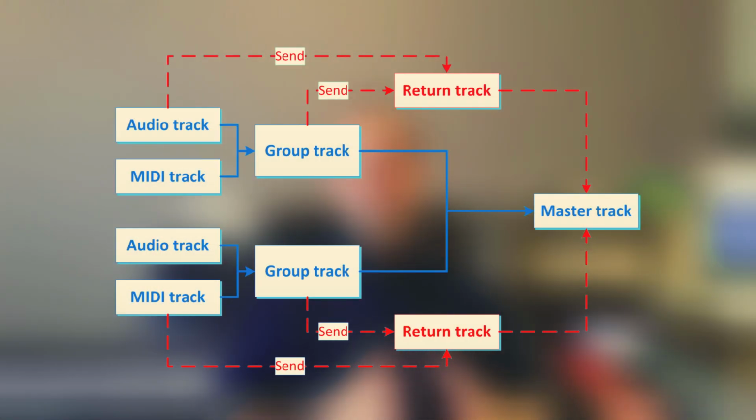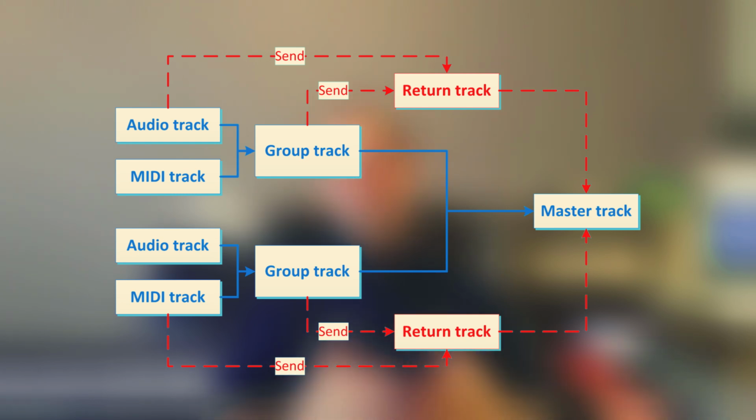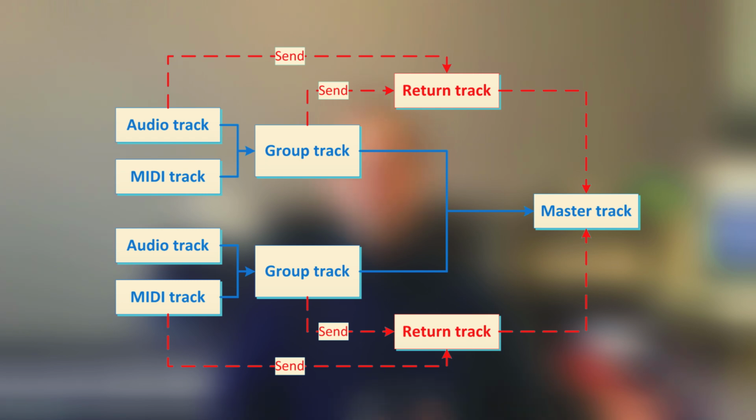Let me remind you that a couple of videos ago we were talking about the signal flow, and I was showing you how it looks like in Ableton Live. So let's bring that scheme back again. The signal flow is the whole map of signal traveling from the very start to the very end. And as you can see, it goes through some rectangles here that represent the tracks in Ableton Live.